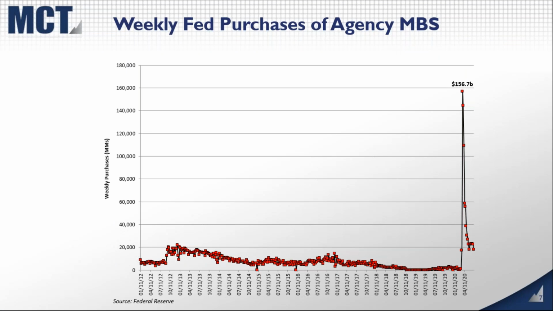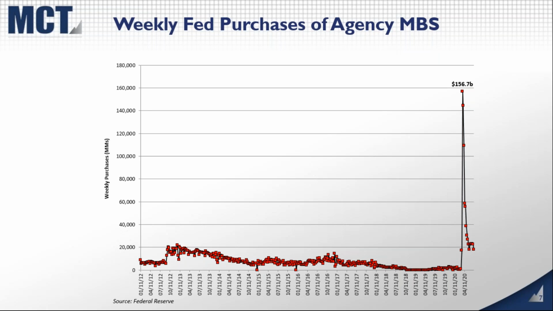Now this is the Fed's weekly purchases of agency MBS, and this is interesting in a couple of ways. You can see how MBS purchases had declined to very minimal amounts in 2019 and early 2020, and then in March, when the MBS market looked to be stalled and basically moving in the opposite direction of the Treasury market rally, the Fed unleashed a purchase program starting at $40 billion a day, and I think that started around March 20th or 23rd. And you can see that purchases picked up.